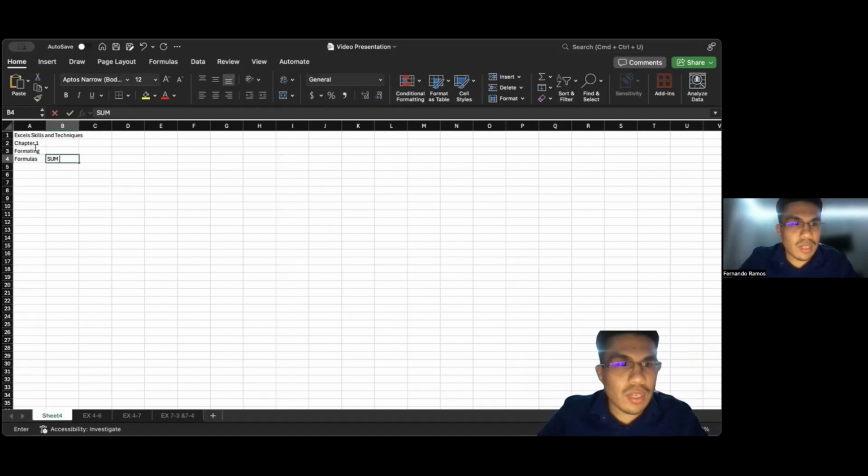That includes the sum function and the average function. All right, and then onward to chapter two. We learned custom formatting, and then